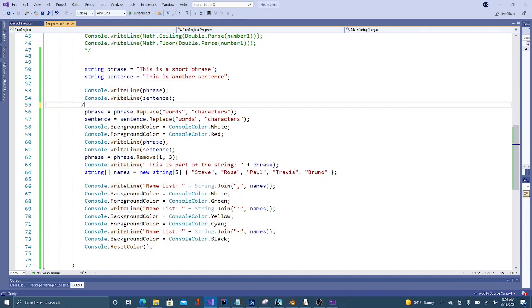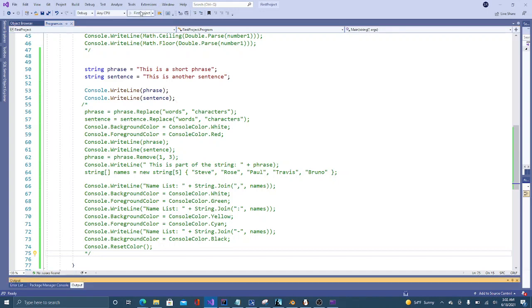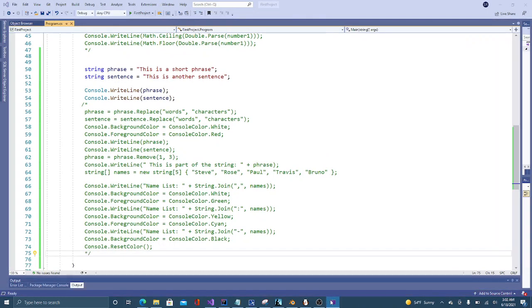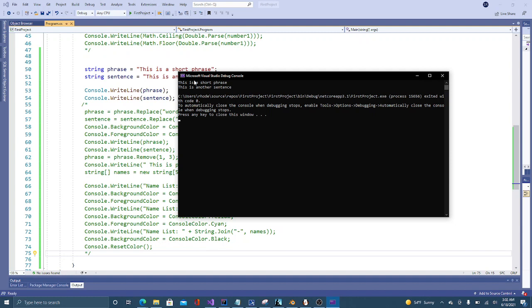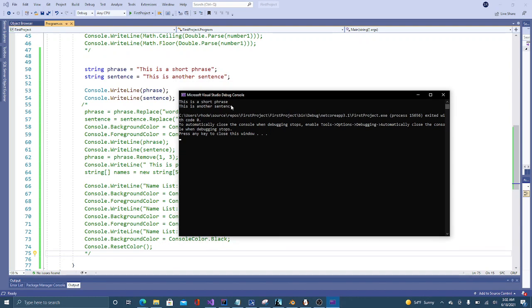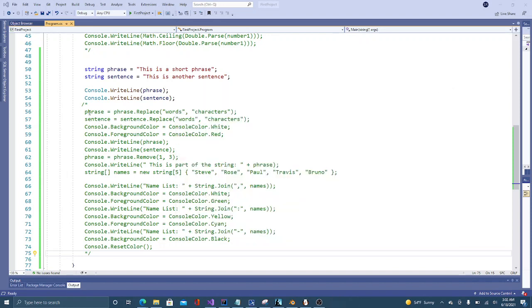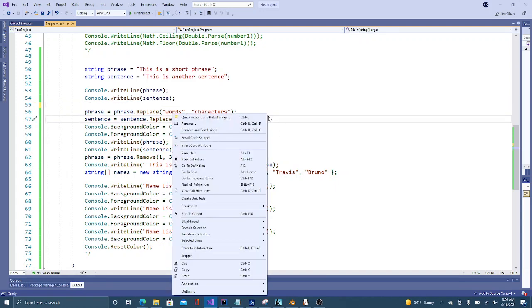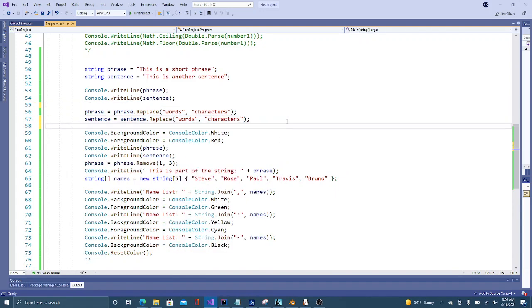and let me use the comments. What I'm doing is just commenting my program. If I run again, we should see these two outputs of my two string variables. Okay, now the next few lines here,